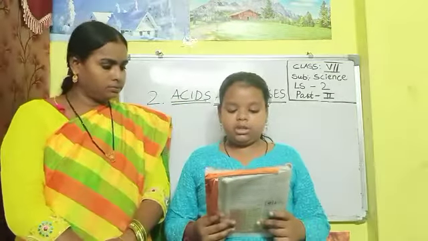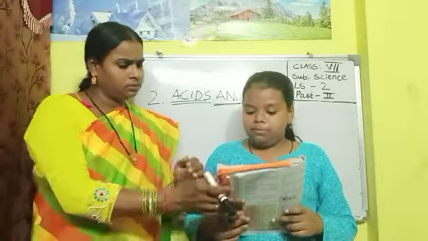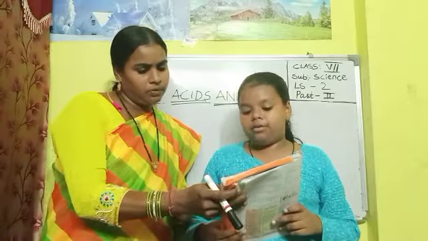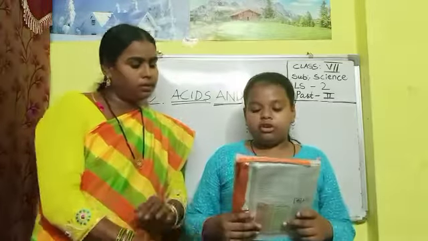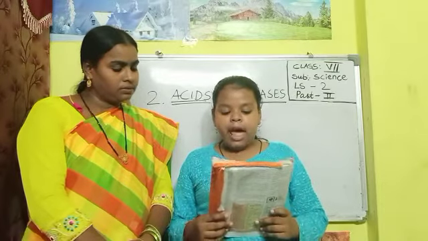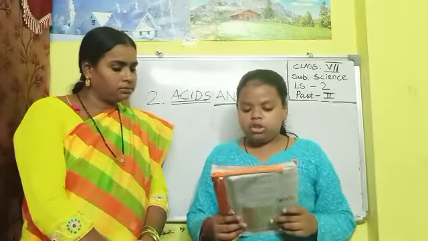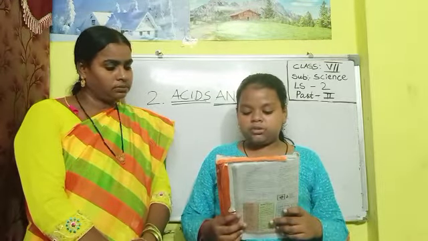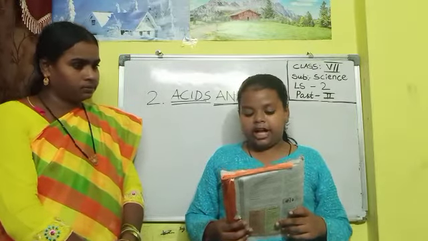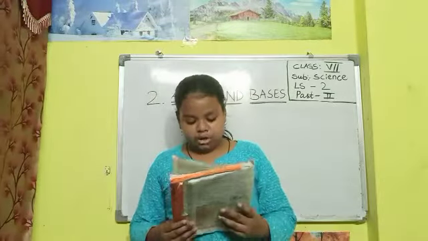Let us do. Take the substances that are given in table 3 and test them with phenolphthalein and methyl orange solutions. Take a small amount of substance in 2 test tubes. Add a few drops of phenolphthalein and note the effect. Repeat the process for all the substances one by one. Draw a table just like table 7 in your notebook, and record your observations in that table.